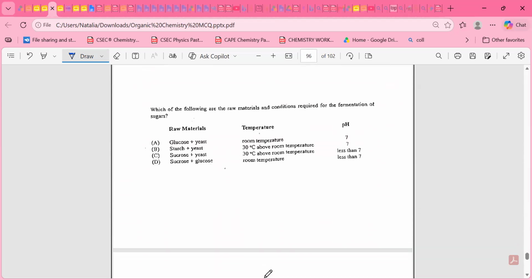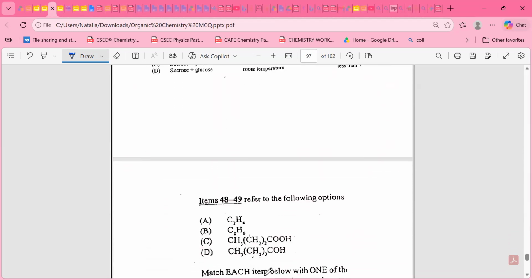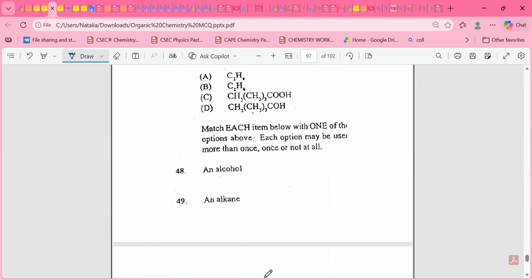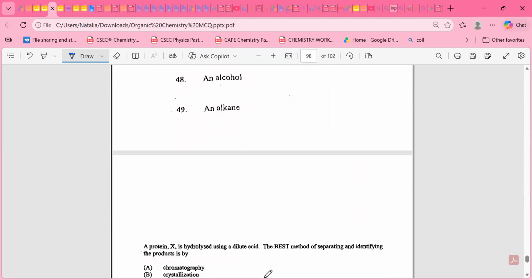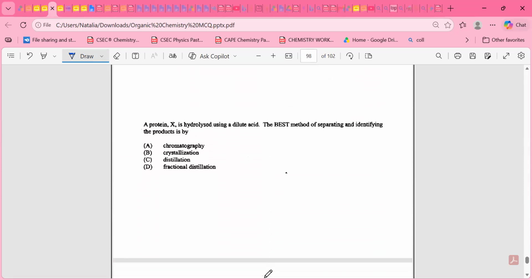Alright, so for those who came in late, we are going to be doing a question: a protein is hydrolyzed by dilute acid, what is the best method for separating and identifying the products? If you hydrolyze a protein, you're going to get amino acids. Amino acids are best separated and identified using chromatography. So those who came in late, we are doing a test. After we did the organic questions, we said